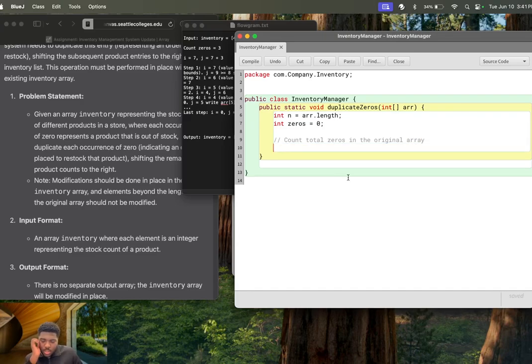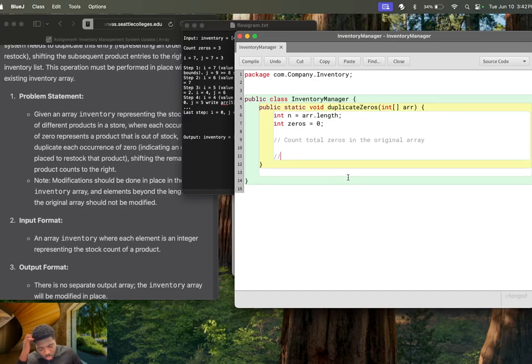Right. And then we're gonna set up two pointers